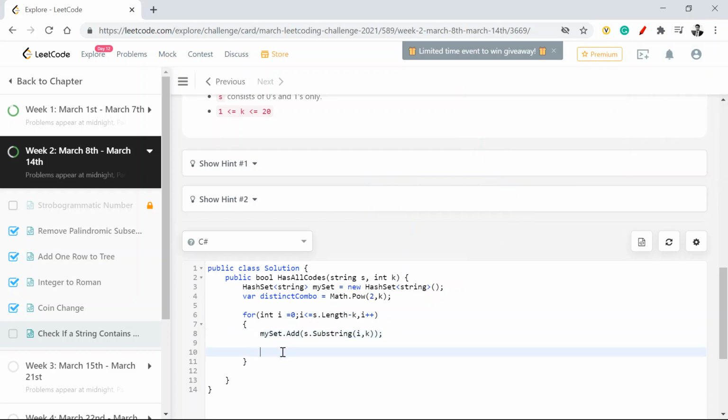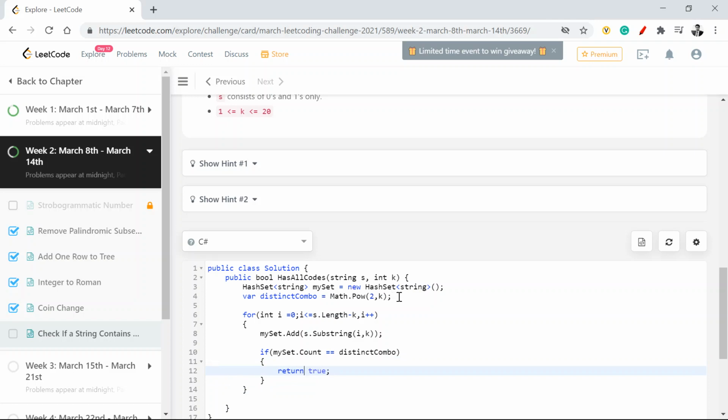Once I'm outside the loop, I'll say if set.size is equal to distinct combo, I'll safely return true. What I mean is that I found all the possible combinations of this substring length.